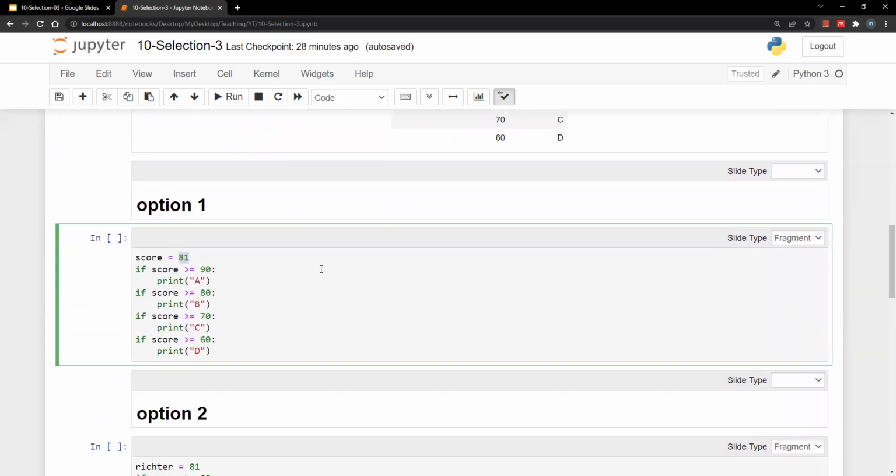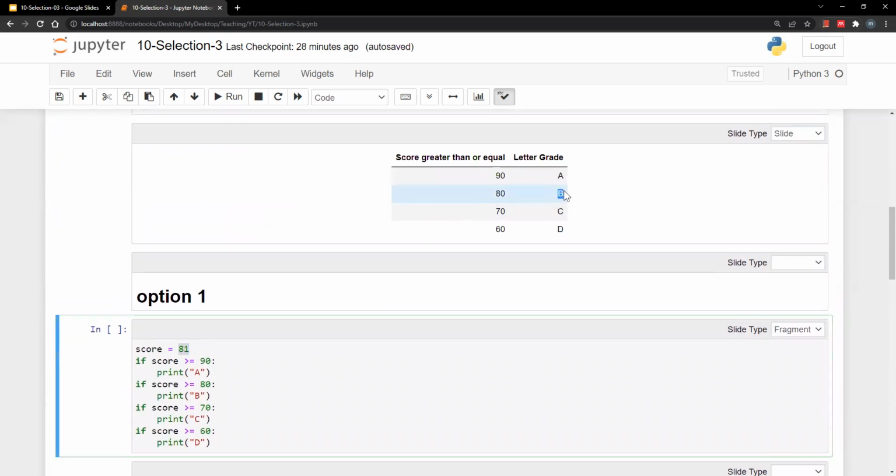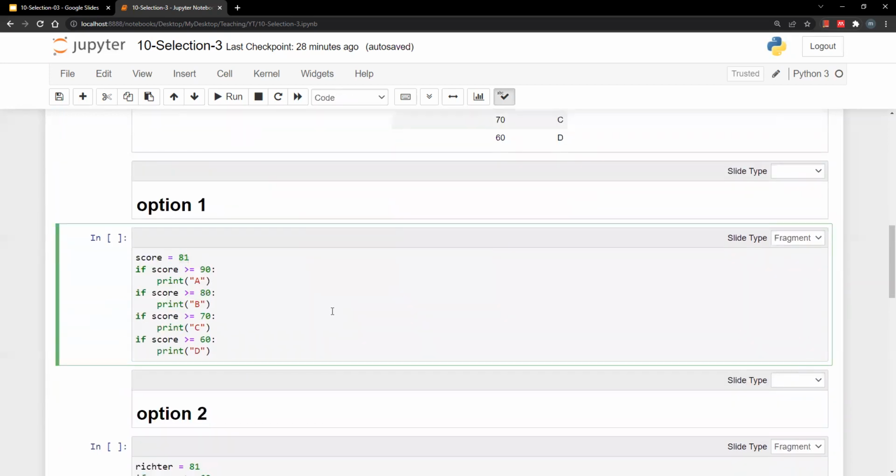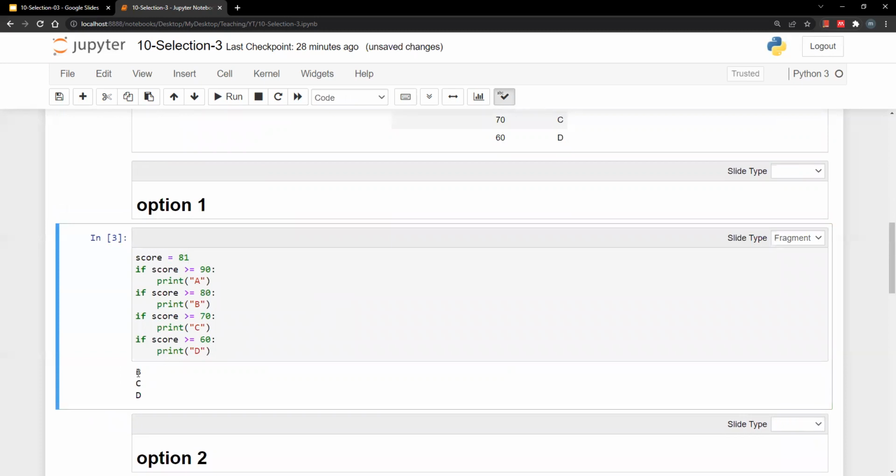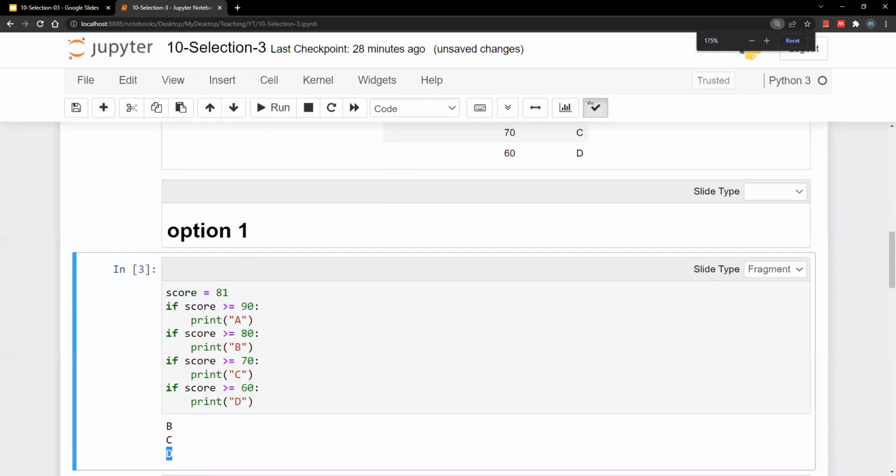Score is 81, so according to the table, I should print B. However, if I run this, I'm printing B and also printing C and D. Why is this the case? Now, one important thing to notice here is that